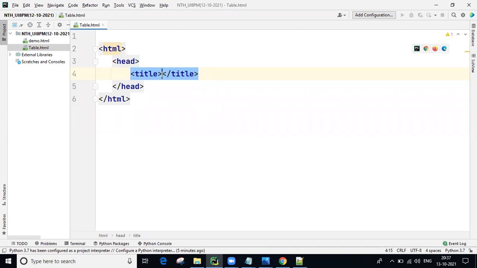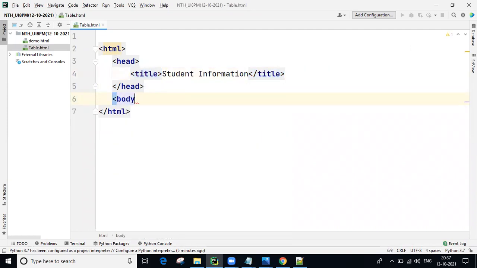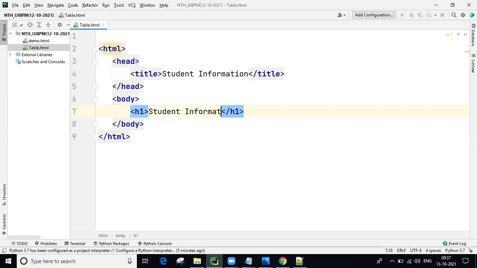So next, here I'm going to display student information or employee information, whatever you want. So student information, or else student data, you can take. This is the title. And next, guys, here I want to take the body. In the body, a number of tags we can write. So one tag I'm writing: student information. Later I will write the remaining lines of code. Wait. I just created one title and one h1 tag. This I want to execute, guys.